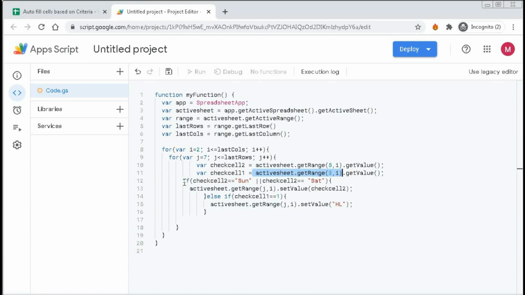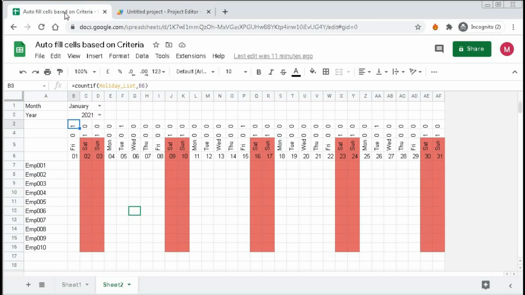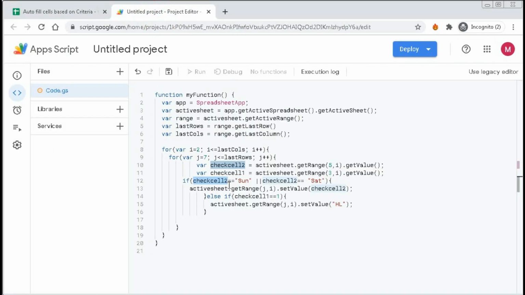Now we give a logic. If check cell 2, that means 5i. So 5i is, this is 5i to Friday. If check cell 2 equal to Sunday, or, this two-character symbol refers to or, check cell 2 equal to Saturday.